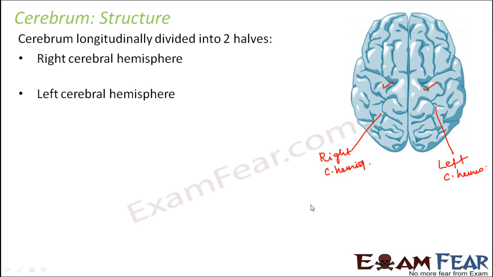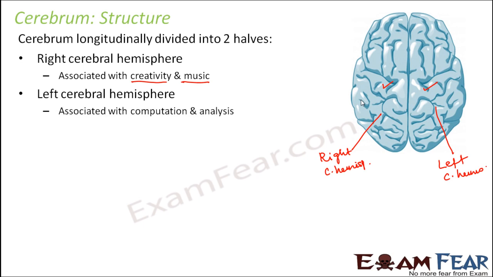So these are the two halves. And what divides it into two halves? So now, let us first talk about what they are associated with. The right cerebral hemisphere is associated with creativity and music. So this is all about your creativity, how creative you are in doing things, how artistic you are. All those sections are located in the right cerebral hemisphere, whereas the left cerebral